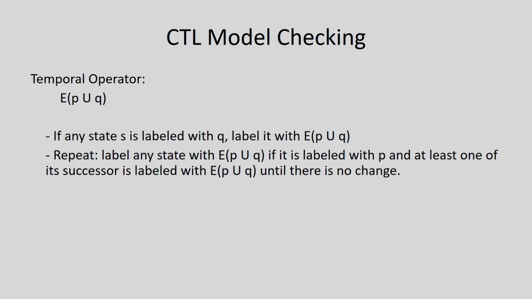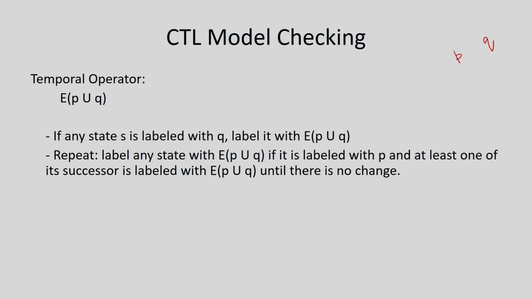Another temporal operator that we have is E[P until Q]. Here there exists a path where P remains true until Q becomes true. For this, you can see I am having two sub-formulas P and Q. So, before looking for the truth values of E[P until Q], you must know the truth values of P as well as Q. That means we must know the set of states where these two sub-formulas are true.